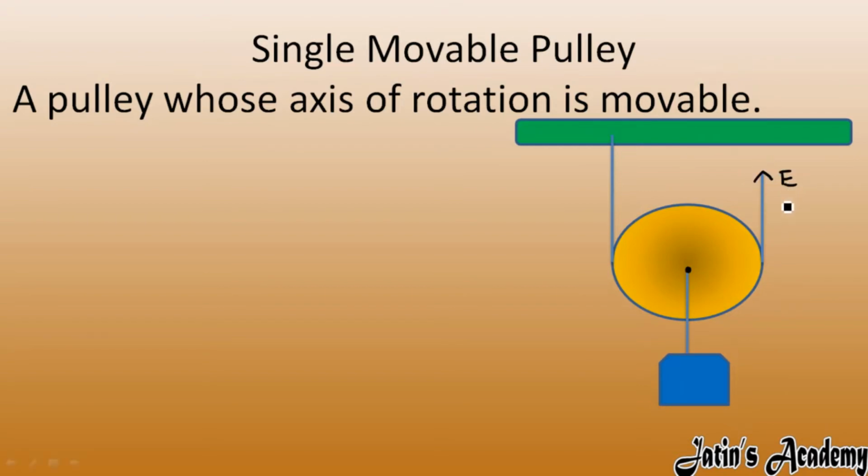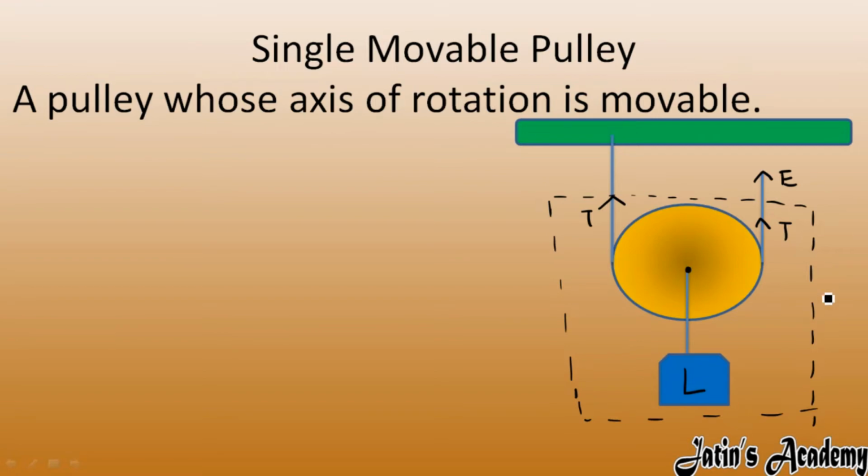For calculating the mechanical advantage, we have to apply some effort here. So when you are applying the effort, a string gets stretched, means a tension is produced in the string, and you have to remember that one string is having a common tension, same tension throughout the string. So here we have a tension T and here we have a tension T, and this is a block which is actually a load for this machine. Now we have to see the derivation. Now just take a free body diagram. Free body diagram means we have to cut a portion of the machine and check the number of forces acting.